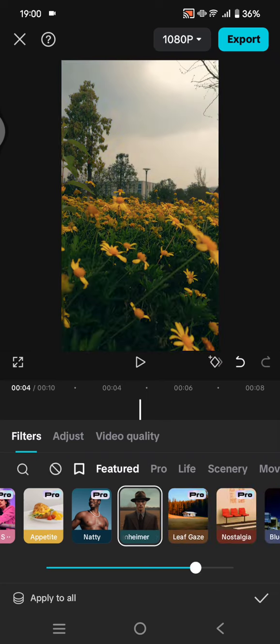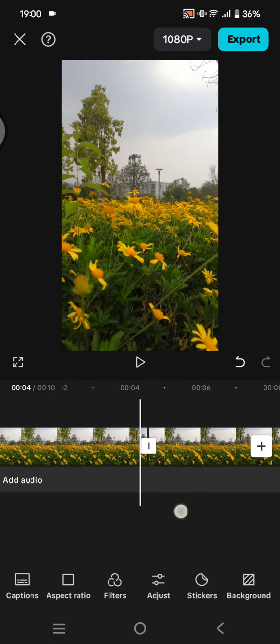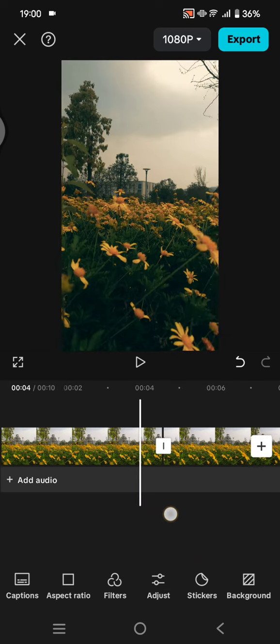Okay, let's try this Oppenheimer filter. I'm going to go with 100. Click on a check icon so you can see the difference, right? And after that, you can just click on the